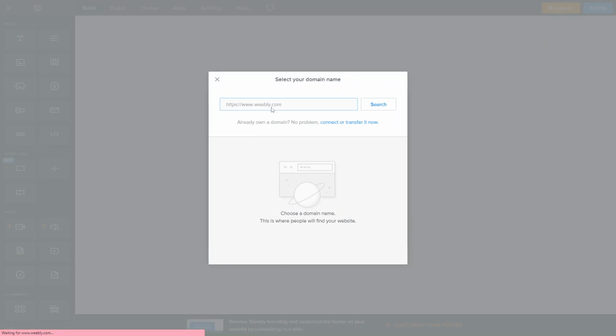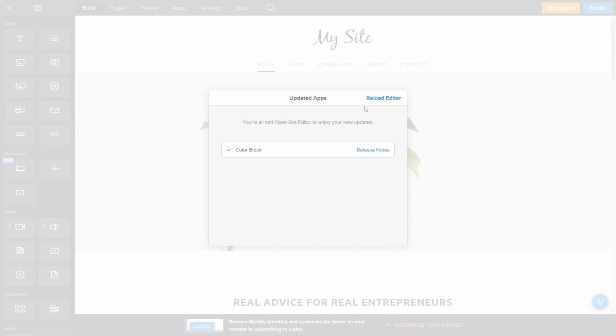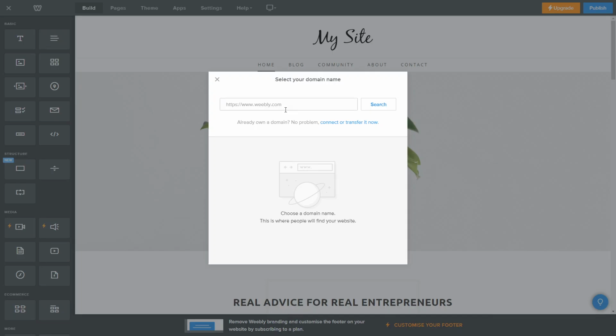The next thing then is to select your domain name. You can do this later if you're not wanting to purchase a domain name right now. And also, if you own your own domain already, you can just connect or transfer it now. So when it comes to selecting your domain name, you can connect or transfer it now, but if you don't